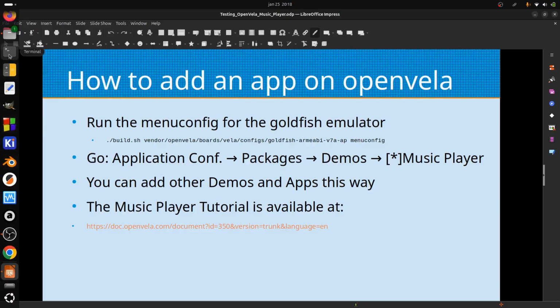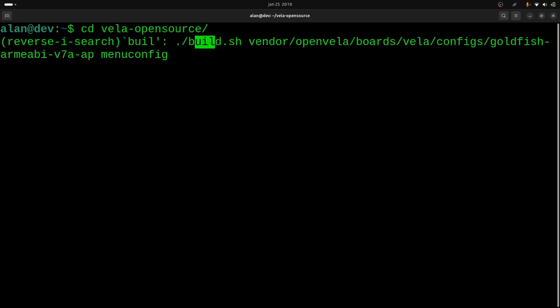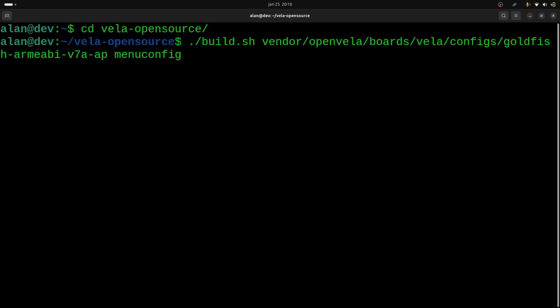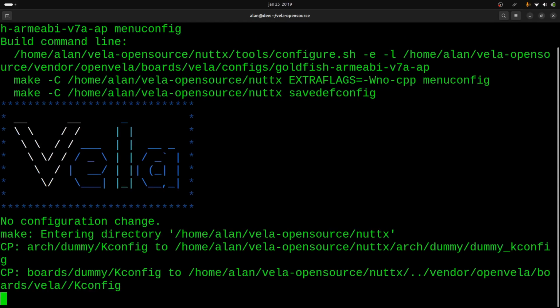So I will open the Linux shell, enter inside Vela open source as we did before, and we need to run this command to configure the emulator. This emulator, as I explained in the previous video, is the Goldfish from Android, and run the menu config command like here. Okay, it's starting,